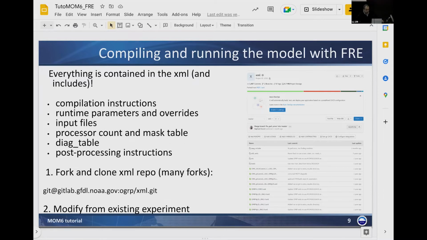So I'm going to go maybe a little bit faster now, because that's stuff that we're going to try to do together with the sample XML. Basically, the idea is that you need to get some XML from somewhere. The XML is going to contain compilation instructions, runtime parameter overrides, input files, and processor count. Basically, everything you need to run the model is going to be packed into the XML,